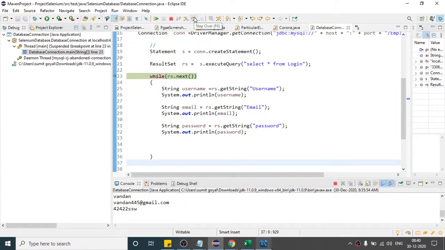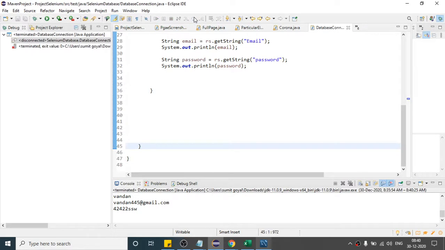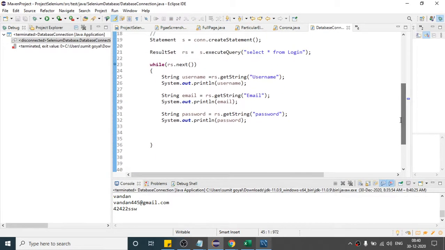So if I execute this, we will simply come out of our while loop and our program will terminate. So this is how you can get all the data. So if I do some modification so that data will look a little bit clean, username, and let me not change the line here, and third one is password.